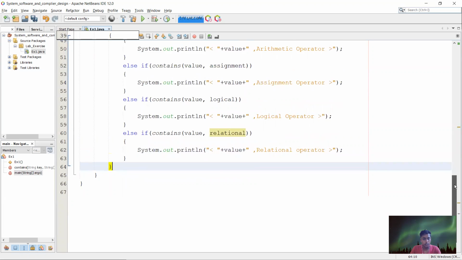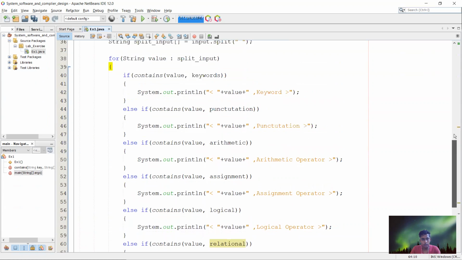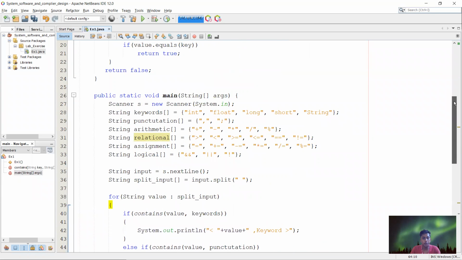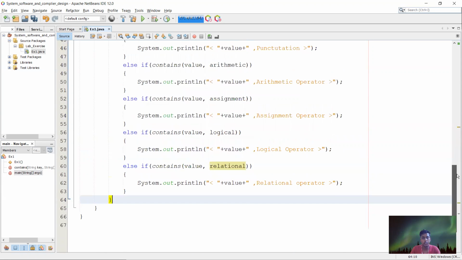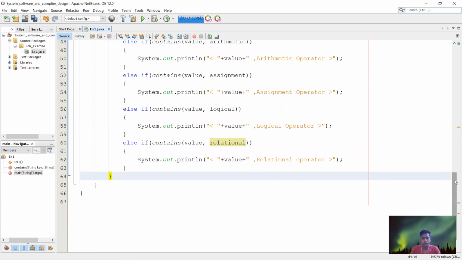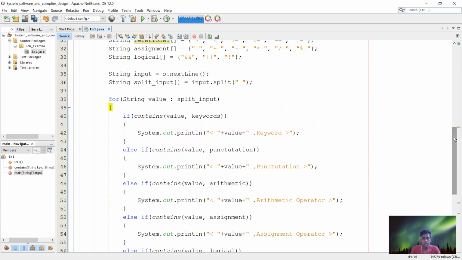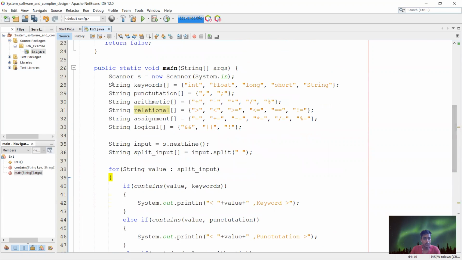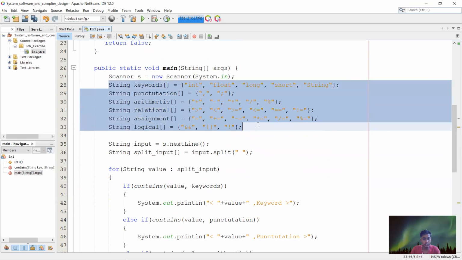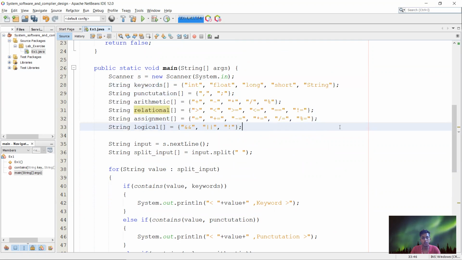After it, we have made all the lists we have passed. So if the input matches with this list, it will be printed according to those values. If it is matched, it will be printed.